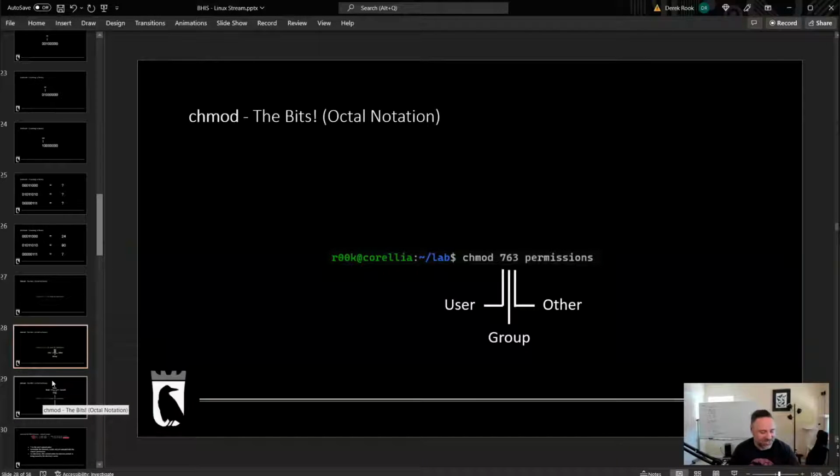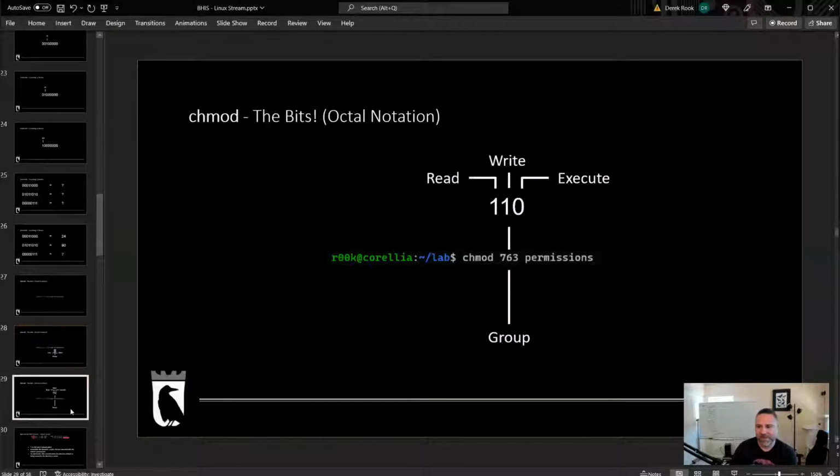But to do it more precisely, right? If you actually want to get into Linux sysadministration, or you want to get into Linux security, or even offensive security, you really need to understand what you're looking at, and what different commands mean, and really the integral operation of the command. So to take this one step further, when we've got the 763, that's setting a 7 in the user place, a 6 in the group place, and a 3 in other. Break it down even further. Each one of those is the binary of the 1s, the 2s, and the 4s place.